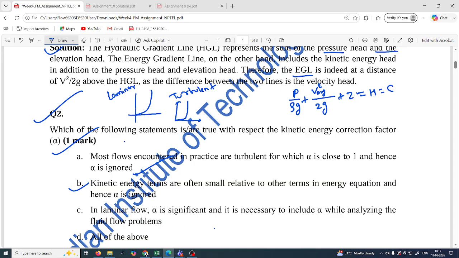And what is average velocity? Average velocity means a constant velocity throughout the depth of the water. If this is the depth of the water flow and this is your velocity, then you need to modify the parabolic part. Here the velocity is 0, but when you average the things,